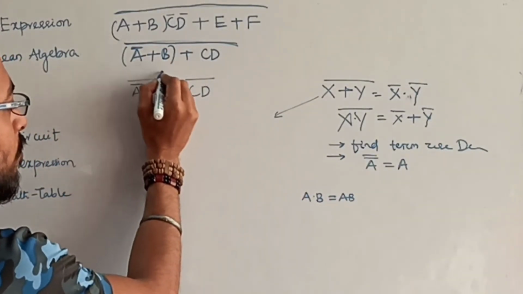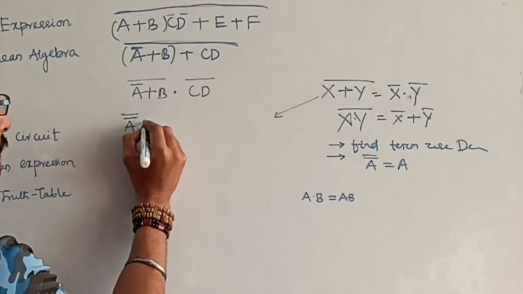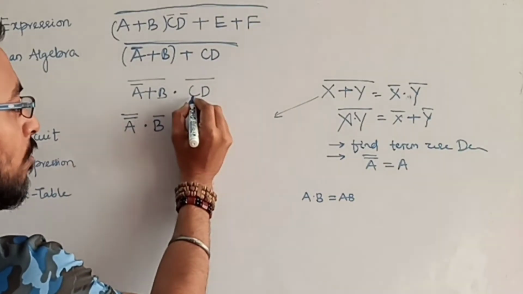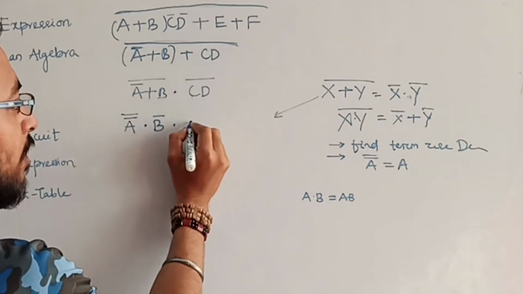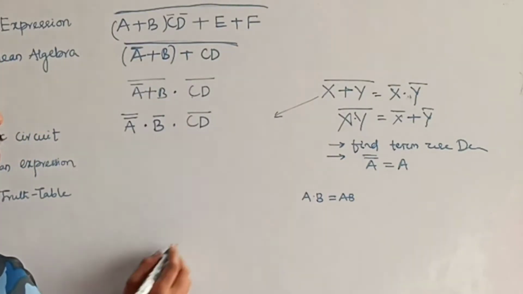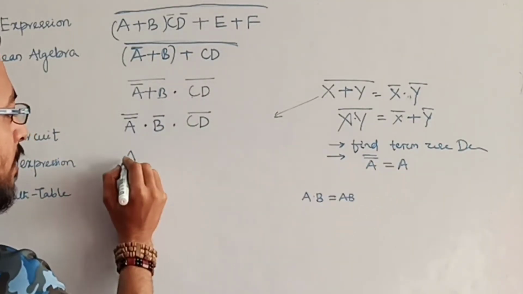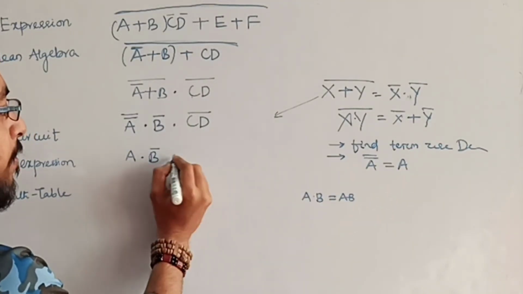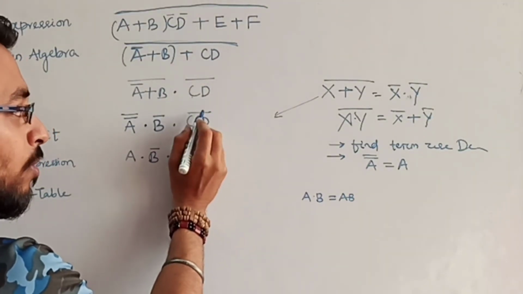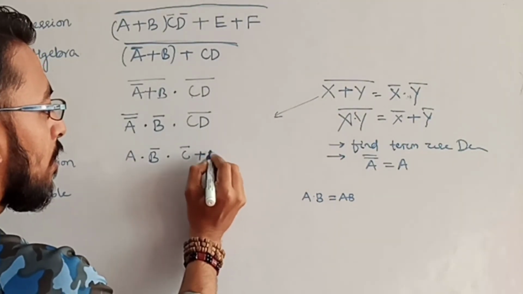After applying one of them, then you see whether the second form is there or not. Now, it looks like x plus y whole bar, which is nothing but x bar dot y bar dot. This looks like x dot y whole bar. It means, you go step by step, okay? This is cd whole bar. Then, in the next step, this a bar bar can be represented as a dot. This is b bar dot. Here, two terms are ANDed and there is a bar over here, so I have to represent it as a single term, nothing but c bar plus d bar.